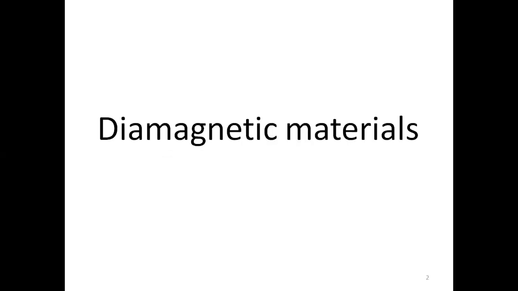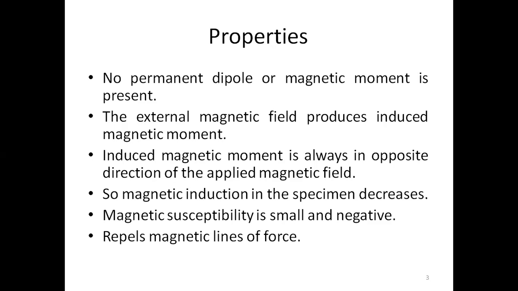The first magnetic material that we are going to learn in today's class is the diamagnetic material, because of its properties. In the last class we discussed susceptibility, permeability, and also the dipole. A dipole is, in a given bar magnet, any magnet which has two poles, north and south, separated by some finite distance.